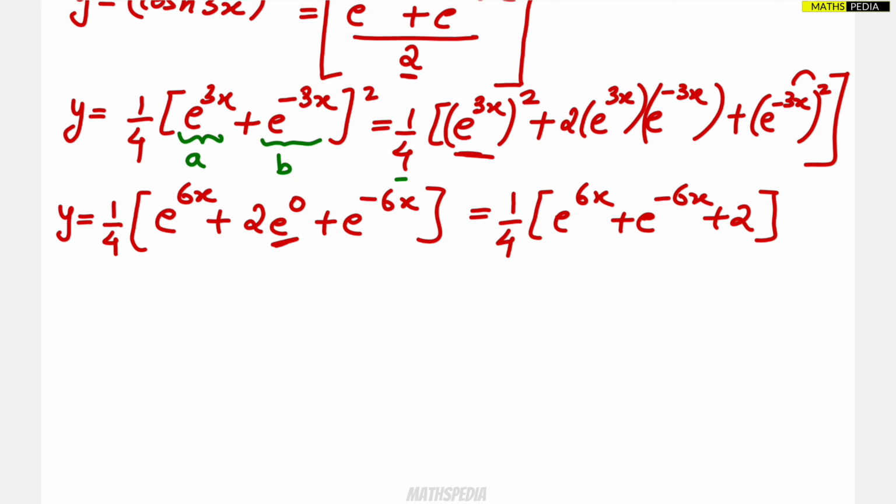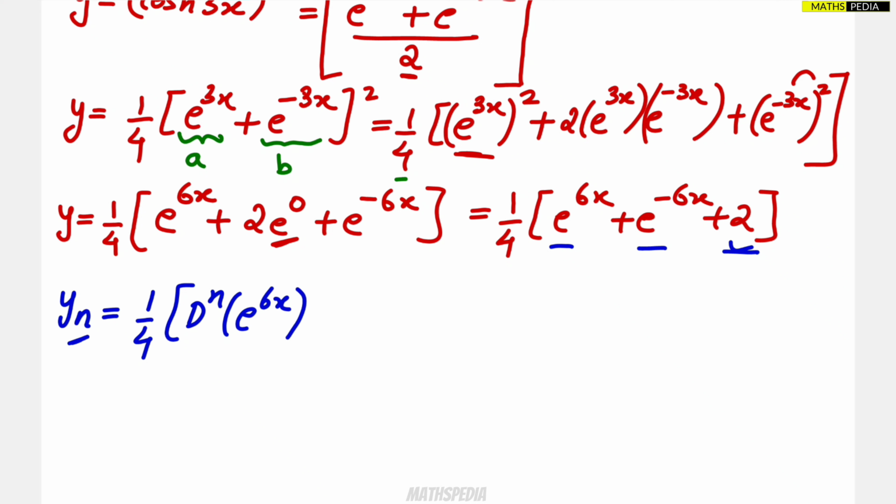So how to find the nth derivative? Let us see. So I'll take the nth derivative. So what will happen? 1 by 4 anyways it is outside. Now all the things are in summation form. As we know that 2 is a constant, the derivative anyways will be 0. So you can leave that thing. Now we'll do stepwise first. So the nth derivative, yn I have taken. So I'll do the nth derivative of e power 6x plus the nth derivative of e power minus 6x plus the nth derivative